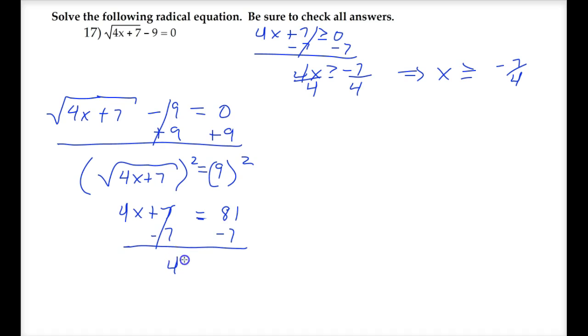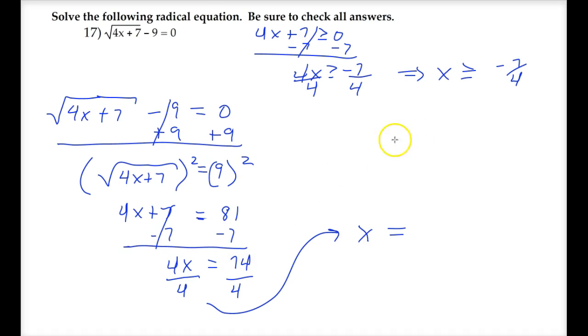So subtract 7 from both sides, and now if we do 81 minus 7, that should give us a 74. That didn't work out too well. And then let's divide both sides by 4, okay? So from there, we would have just x on this side. And of course, 74 divided by 4, we know that